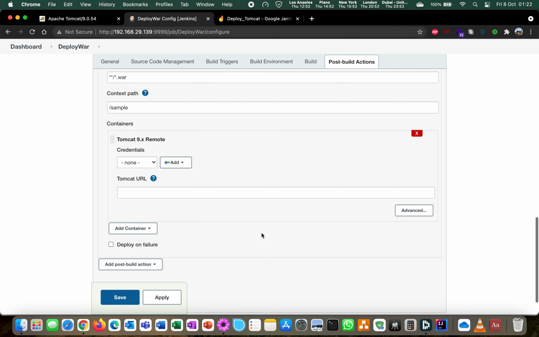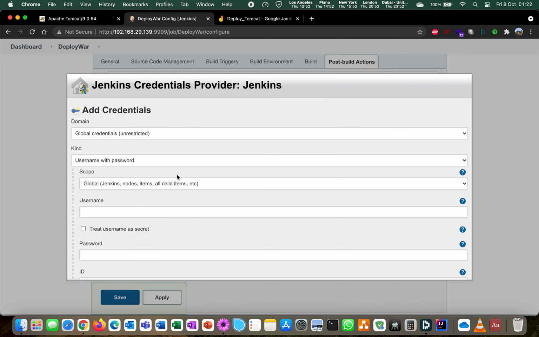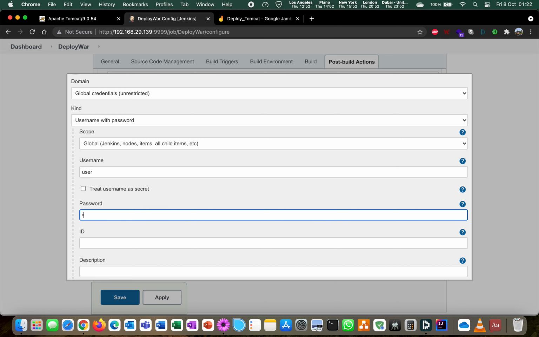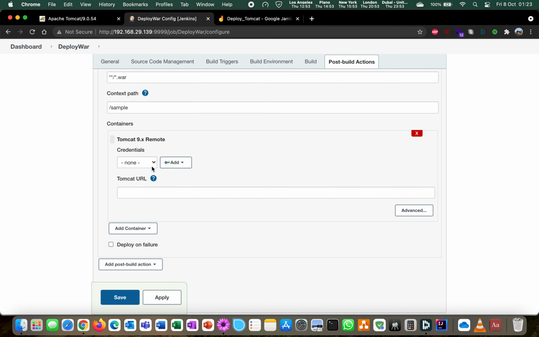So we will add that. Now over here, we need to provide the credentials of the user that we have just now created in the Tomcat users folder. Right. In that, we've created this admin. So in your case, if this particular user is not there, you can add a new user, select a password, give the password and click on add. Right. This user will be available inside the drop down and you can select that particular user. So right now we have the admin user being made available into our Tomcat users, so we'll make use of that.